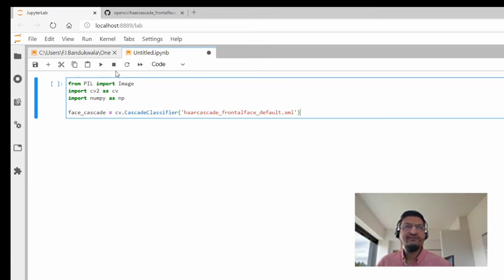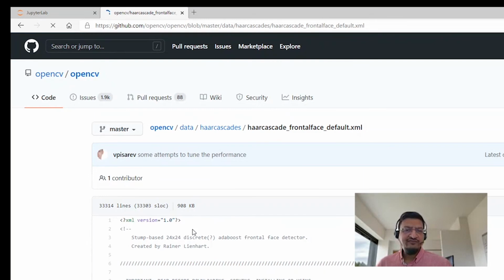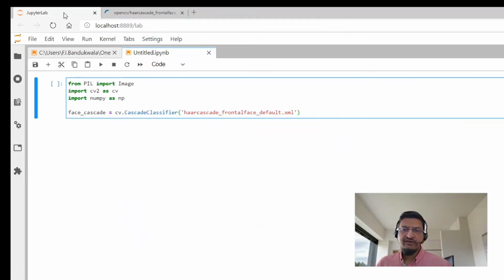So what are these Haar Cascade classifiers? This is basically a machine learning based approach where a cascade function is trained from a lot of images, both positive and negative. Based on the training, it is then used to detect the objects in other images. How this works is they are huge individual XML files with a lot of feature sets, and each XML corresponds to a very specific type of use case. The one we are using is to identify the frontal face.